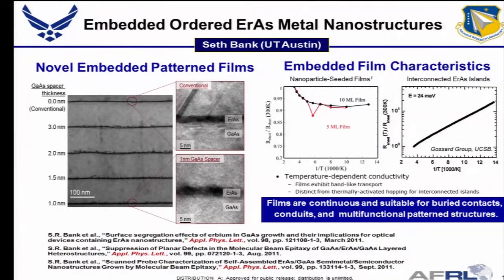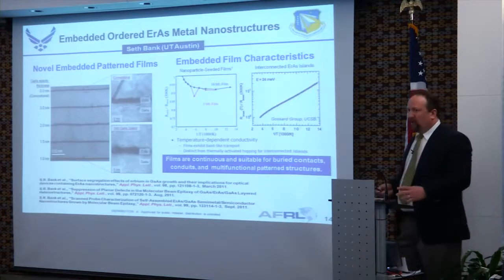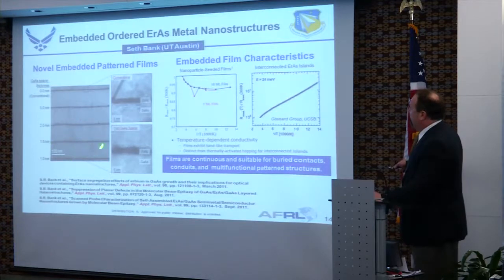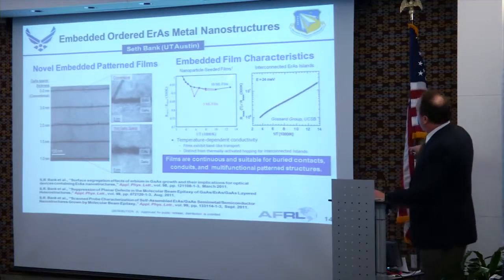What's important here is that this is 10 monolayers of erbium arsenide, 5 monolayers. And what he's showing is this characteristic here, so this is 1 over temperature, the temperature is decreasing, whereas as the temperature increases, the resistance increases. This is characteristic of band-like transport in metallic films, okay? So he's saying that these thin films are behaving like nice, uniform, low resistance metallic films, as opposed to the islands. This was other work that was done where there's a hopping mechanism. So he's confident that, and of course, this could be used then for,